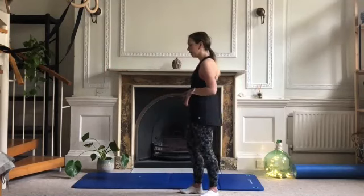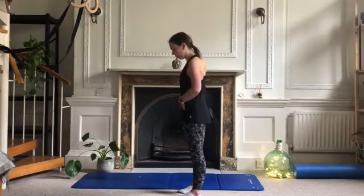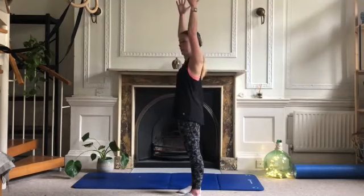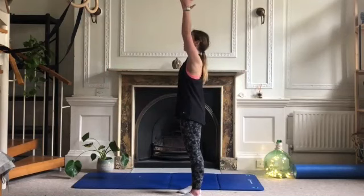Right down. Good. Okay, now from here, we're going to go into your squats now. So we're going to take the arms straight above the head. So you're going to draw the belly button in, and you're going to reach the arms up above the head for me. That's it. So you have your palms facing inwards. So you've got your little finger facing forward, thumbs facing back, and you're going to draw the belly button in,